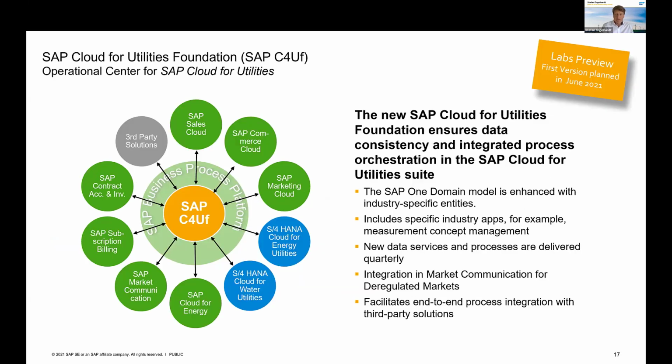So important to orchestrate an end-to-end process across these different modular pillars. For that orchestration, it's of course necessary to have on one hand the right technology that is provided to a large extent by our business process technology platform, with cloud platform integration and other services that we can leverage. But on top of that, we need more to really make sure that a process flows from end to end, let's say from lead to cash for utility. And therefore we decided to invest in a new product that we are bringing to the market pretty soon, planned in June, that helps to orchestrate exactly that business process orchestration.